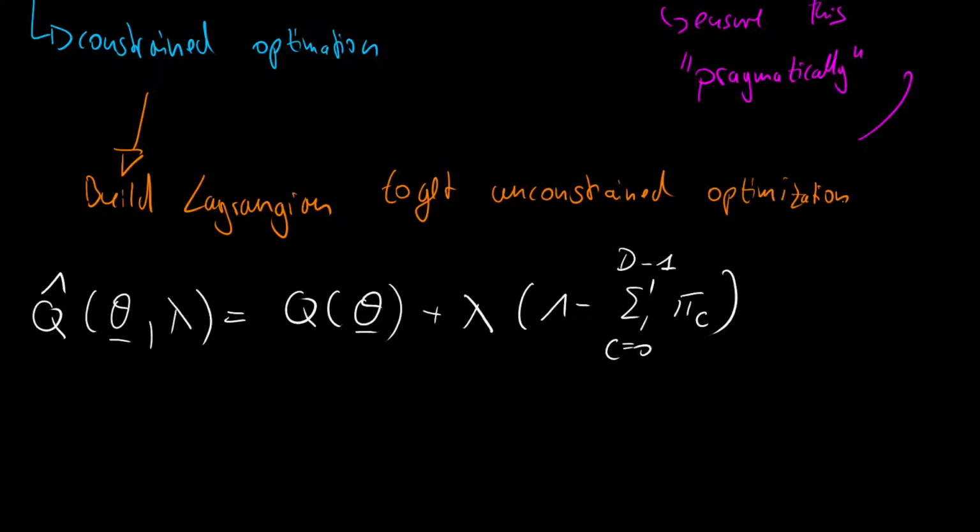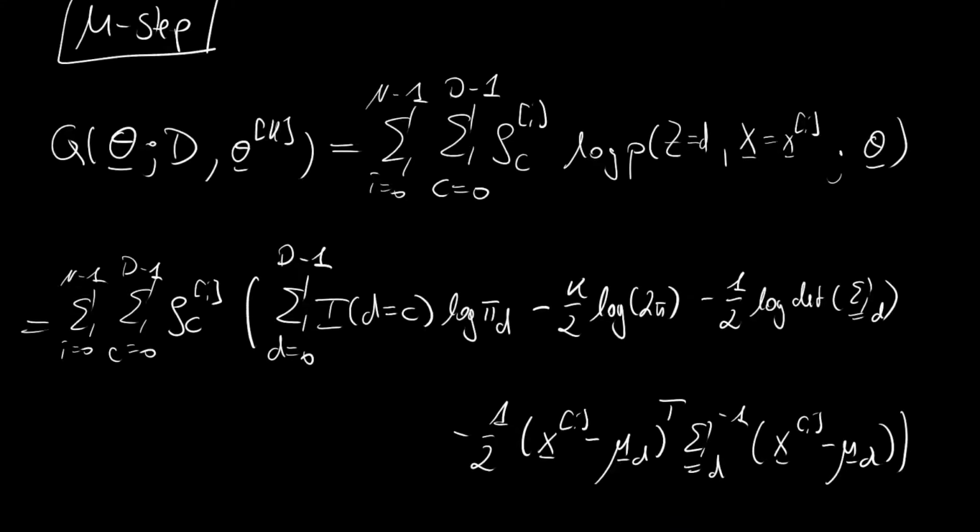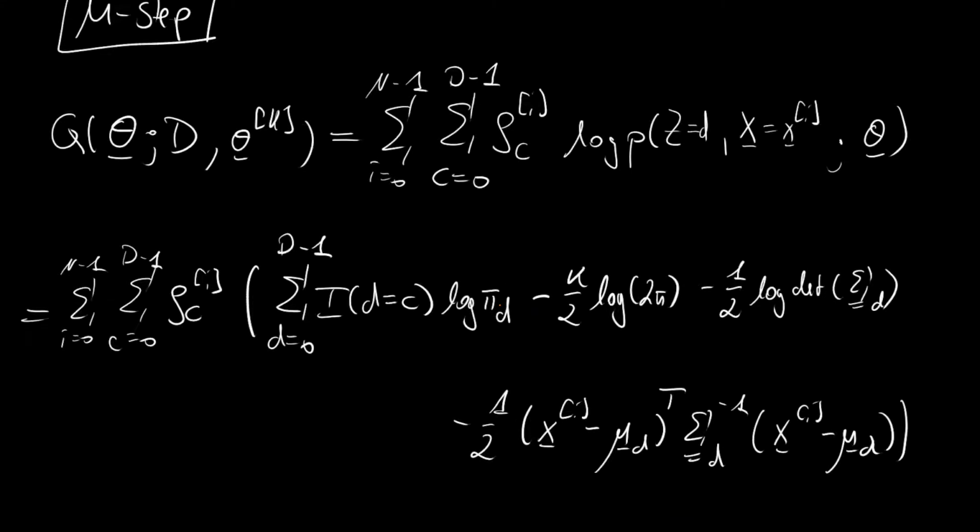And with this, we can follow the strategy that I said before: take the derivatives and set to 0. So this is what we will be doing. Take derivatives and set to 0. And for this, let us take another sharp look at our Q function and see what kind of derivatives we